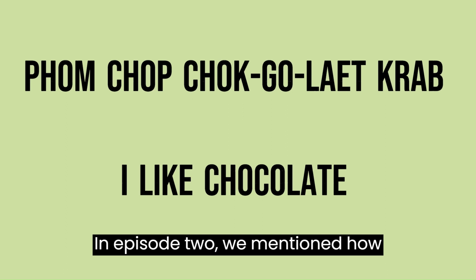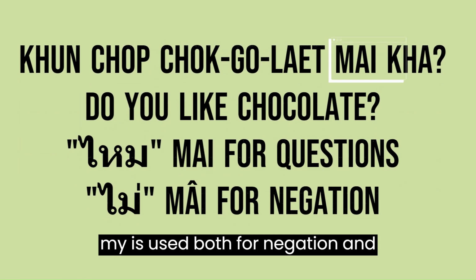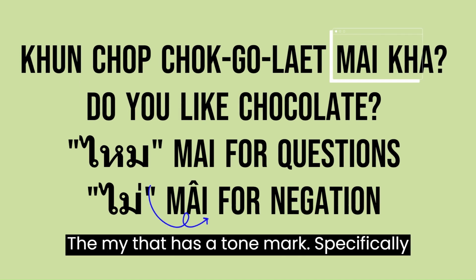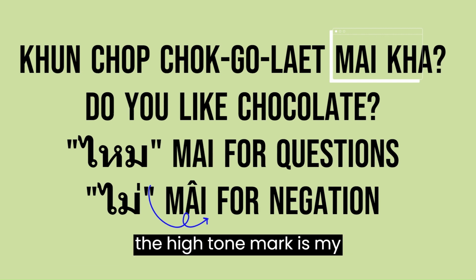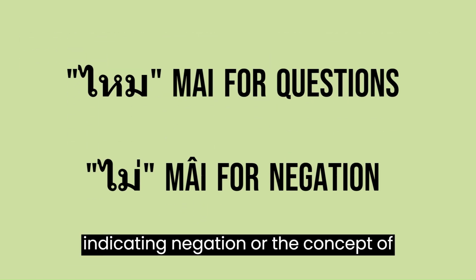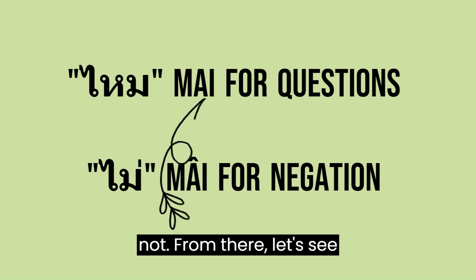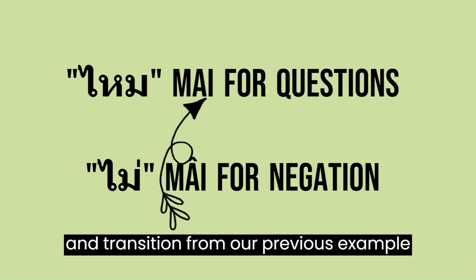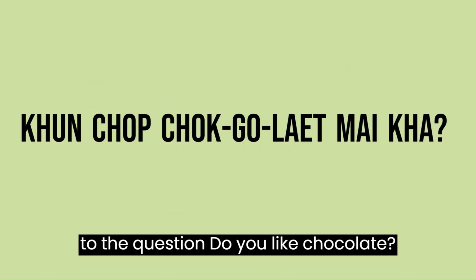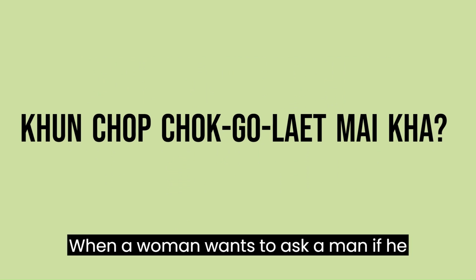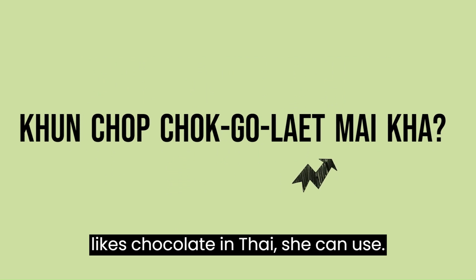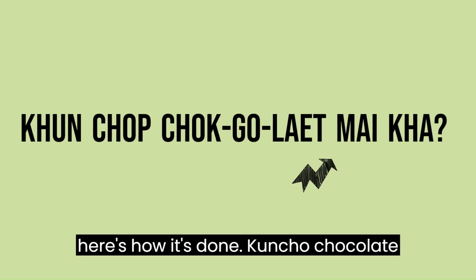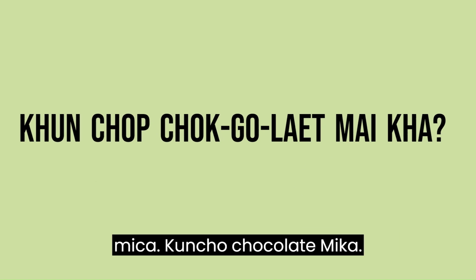In episode 2, we mentioned how ไม่ is used both for negation and ไหม for asking questions in Thai. The mai that has a tone mark, specifically the high tone mark, is mai, indicating negation or the concept of not. From there, let's see how we can form a sentence using mai and transition from our previous example to the question, do you like chocolate? When a woman wants to ask a man if he likes chocolate in Thai, she can use mai to turn the statement into a question. Here's how it's done. คุณชอบช็อกโกแลตไหมคะ